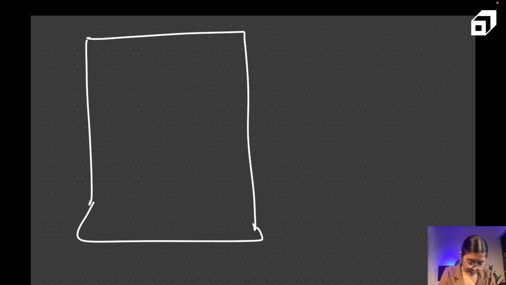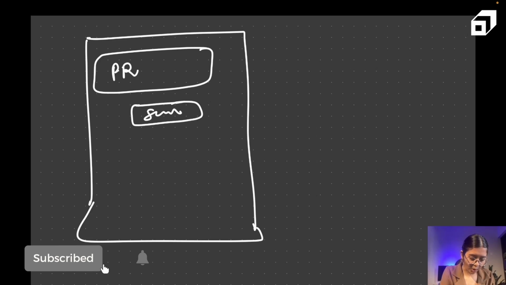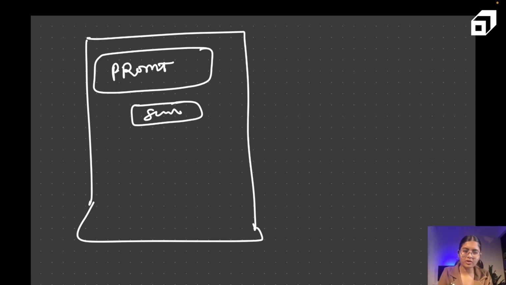So here I'll have one input box, and then maybe a submit button or something. Here I'll write my prompt. For example, what is open source or what is software engineering, anything. The way we ask ChatGPT or any such AI tool, you have to write your prompt here. After writing the prompt, we'll click on this submit button,